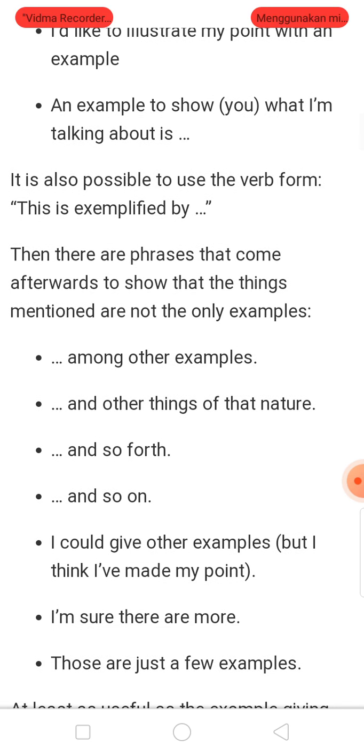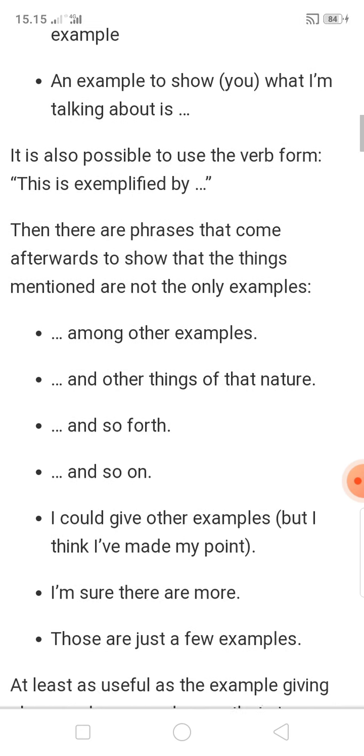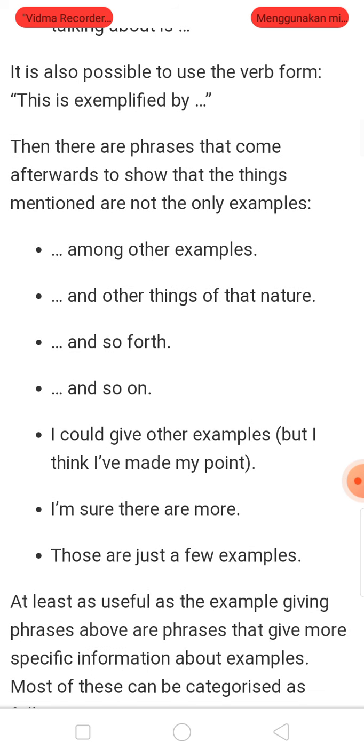It is also possible to use the verb form. This is exemplified by... Then there are